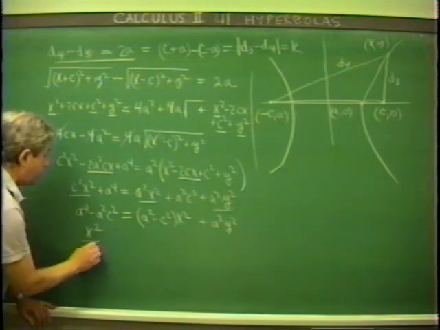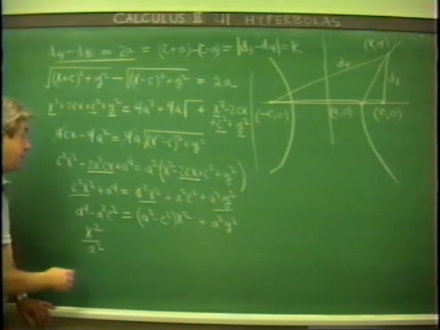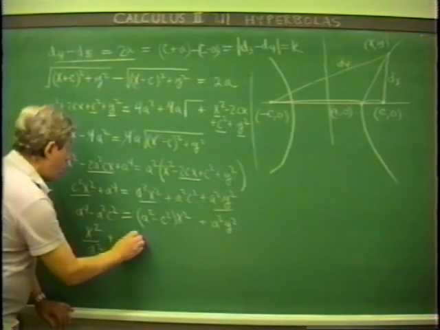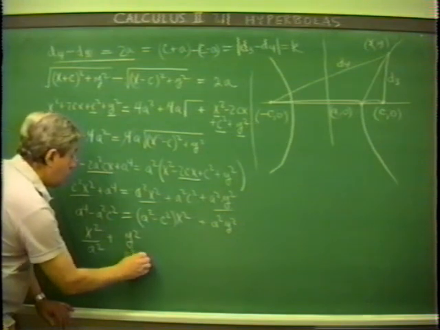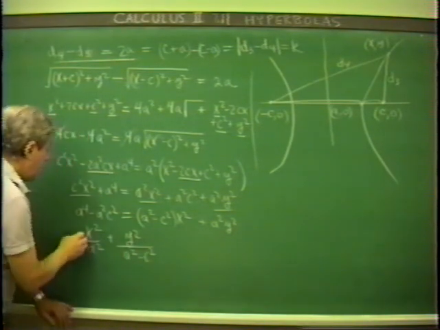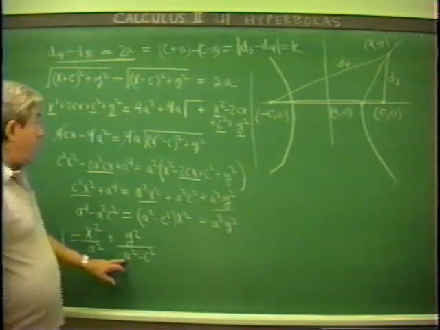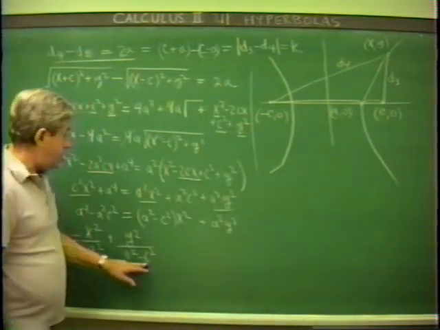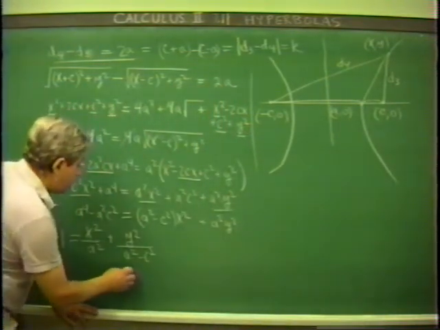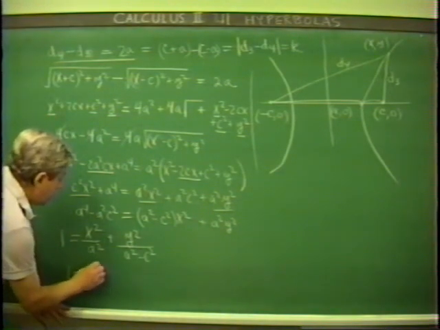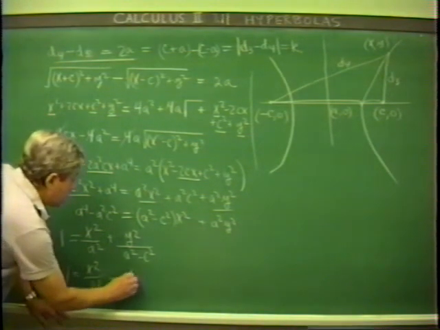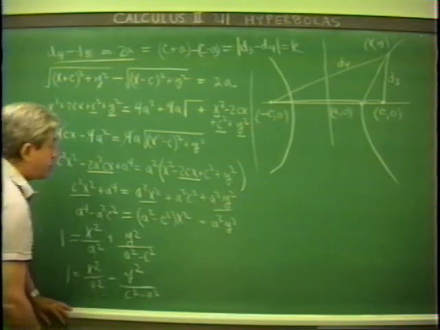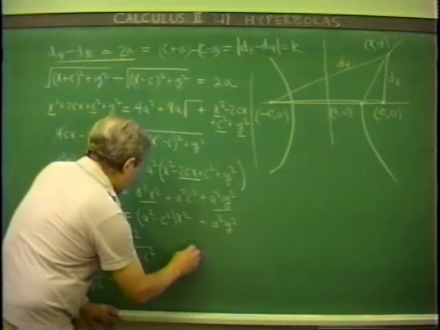Right? When I divide both sides by this so that I get 1 over here, this is a squared times a squared minus c squared, so I'm going to get x squared over a squared, and now I've got plus y squared over a squared minus c squared is equal to 1. Now, a is less than c, so that a squared minus c squared is negative. So I can write this then as 1 equals x squared over a squared minus y squared over c squared